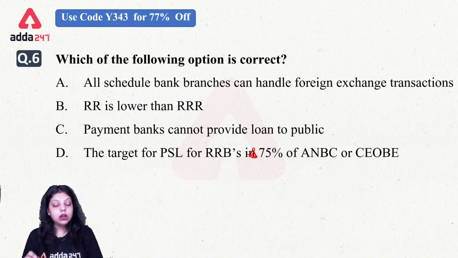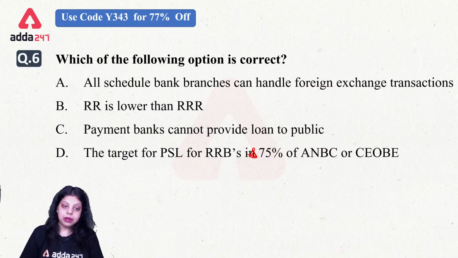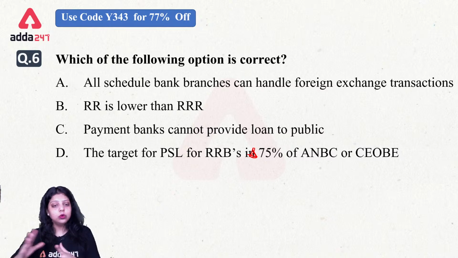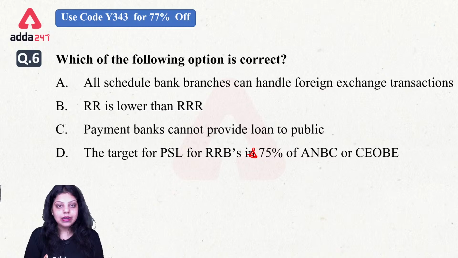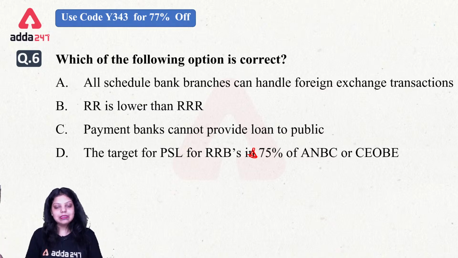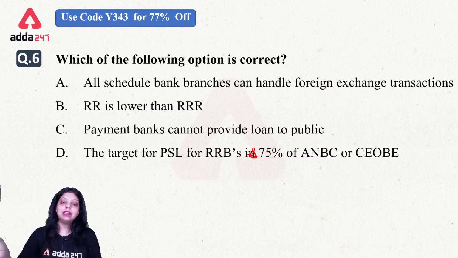According to the Reserve Bank of India and the Government of India, there are certain sectors in our economy which need improvement and development, and the commercial banks were not lending to those particular sectors because those sectors were not so developed at that time. So RBI and the Government of India said that there are certain sectors in our economy that really need improvement and development, and these sectors were decided by RBI. RBI has launched a scheme, that is priority sector lending, in which we have given 8 sectors the priority for lending purposes.